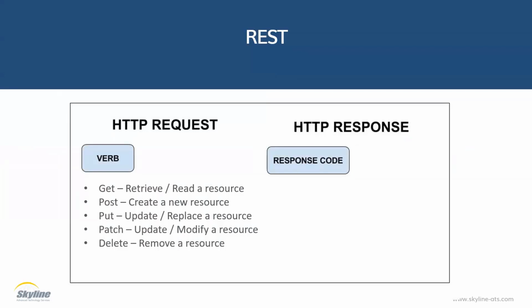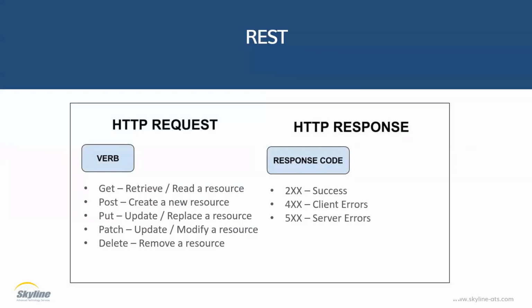The key thing that I tell people when it comes to verbs or methods is that when you are dealing with APIs, you're going to have API documentation. Always read your API documentation to understand what methods or verbs the resource will accept, because not all resources accept all methods and verbs. And make sure you understand exactly what those methods or verbs do. They might not be exactly like this, but they'll be pretty close.